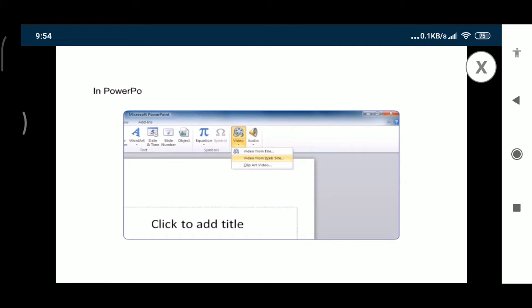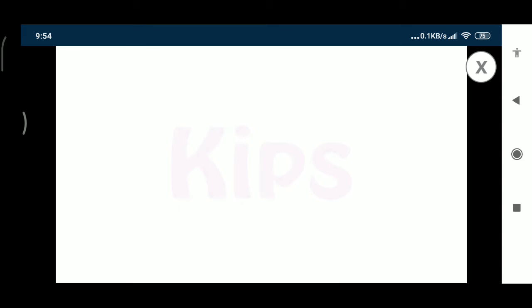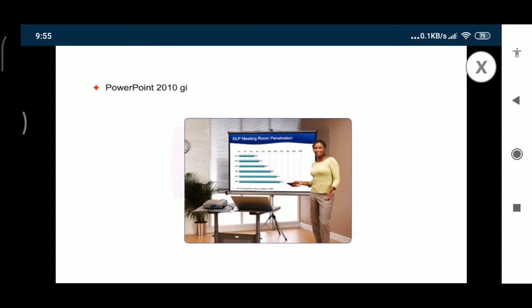In PowerPoint 2010, we can also insert video from online sites using copy and paste. We can generate handout material and speaker's notes after creating a presentation. PowerPoint 2010 gives us the ability to upload our presentation using the free PowerPoint Broadcast Service.